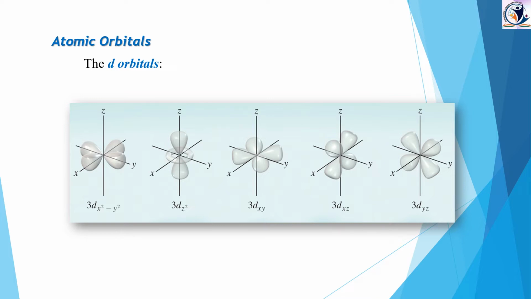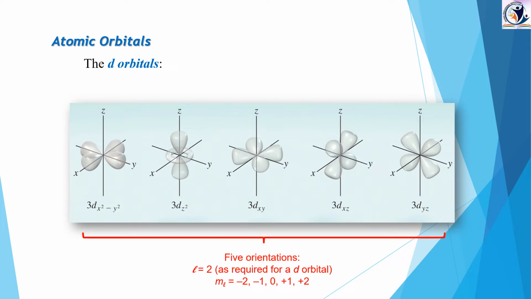In the d orbitals, 5 orientations are there. The L value is the same for all 5 orientations, but the ML values are different for each of these. If you observe the previous one also, the middle is the x one, the right side is the y one and the left side is the z one. In the same way here, it starts with xy, then xz and then yz. Afterwards, x square minus y square and then z square have been added over here.